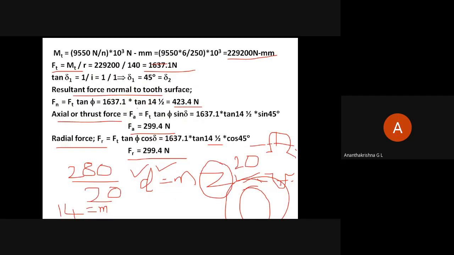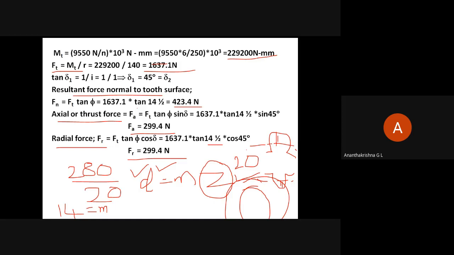Are you there? Yes, sir. So for the pitch circle diameter, you add one addendum here, one addendum there, that will give you the outside diameter of the gear. Is that okay? Please do it and let me know the answer. Please note down this: D is equal to M into Z. The minimum number of teeth on 14.5-degree pressure angle to avoid interference is 20.